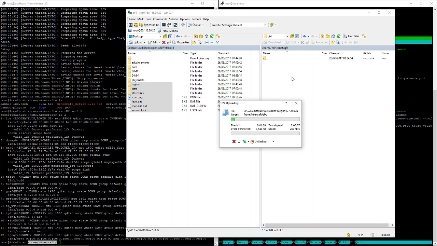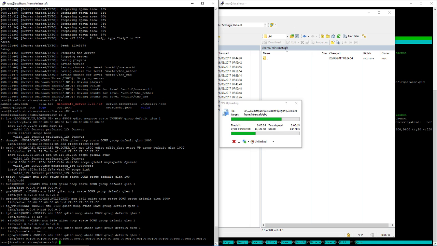Now, depending on the speed of your internet and the size of your generated world, this may take a different amount of time. Whilst that's uploading, we'll go back to here and I'll show you why the folder name matters and how to adjust that. If we go back into server.properties,